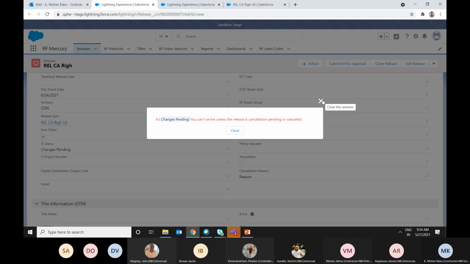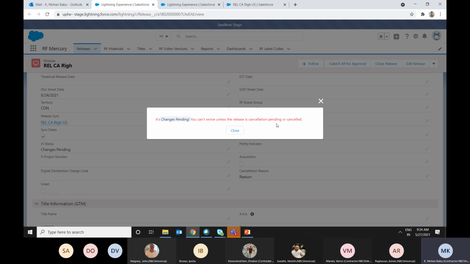Who will do the approval? Vamsi, I don't know the answer. Vamsi Mohan. So from cancellation pending to actually cancelled, who is going to approve that? Yeah, Dinakar. Whenever the cancellation pending happens, we'll be creating the change task.